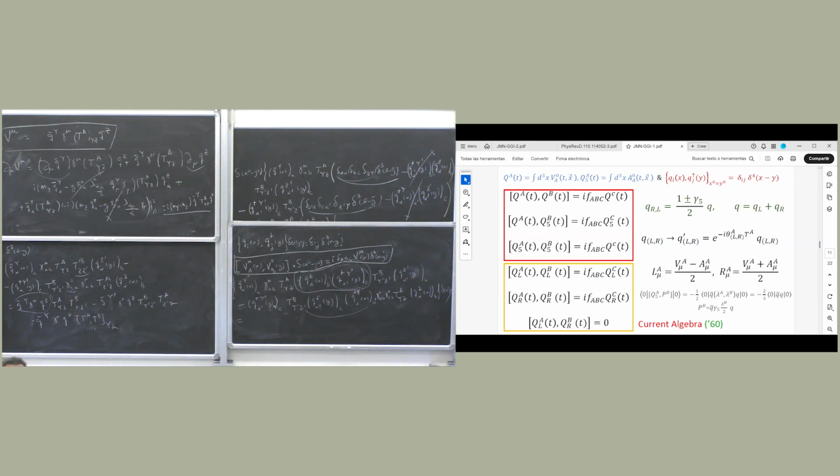Okay, it's a bit tedious, right? But I mean, those who are interested, I think that it pays off to do just once, right? Then automatically we have already that Q^A, Q^B in the slide is going to be I F^BC Q^C. The only thing that we have to do now is to look at the zero component and do the integration over space, which is trivial because we have a delta function. Does it make sense to all of you? The rest of commutation relations are done in the same manner. Okay, so you see that these relations, they come